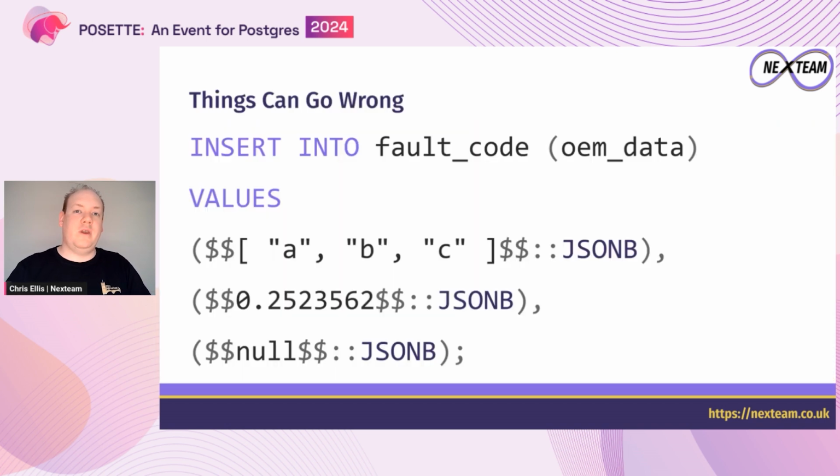We can trip ourselves up here, because this insert statement will run completely validly, right? We can insert an array, we can insert a number. Even more fun, we can insert a JSON null, which we have to remember is not the same as an SQL null. They are two different things, given SQL's love of tri-state logic. But that's not necessarily what we want to store. And at the end of the day, our access operators are not going to blow up or error here, but they're not going to do what we want.